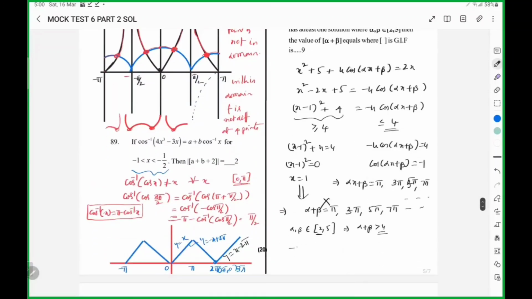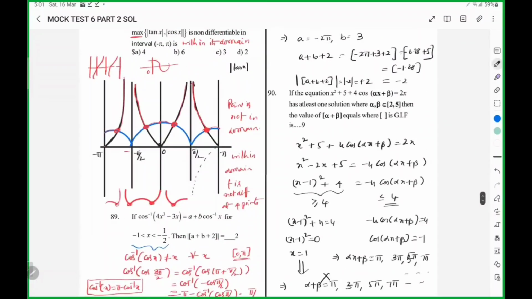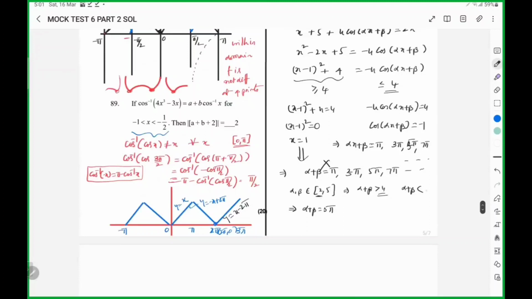Which implies alpha plus beta is 3 pi. At the same time, the maximum value of alpha plus beta is 10. So if you take 5 pi, it is 15. So you cannot take these also. Alpha plus beta is 3 pi. So it is 9 point, by taking pi as 3.14,